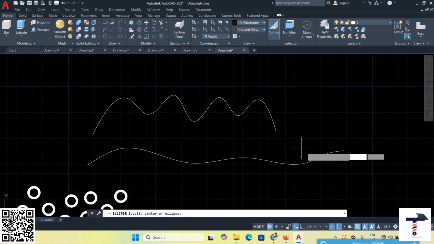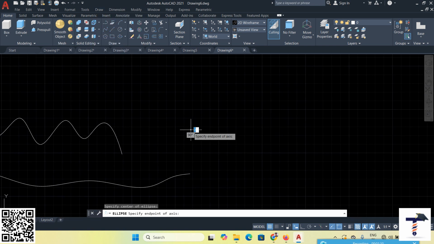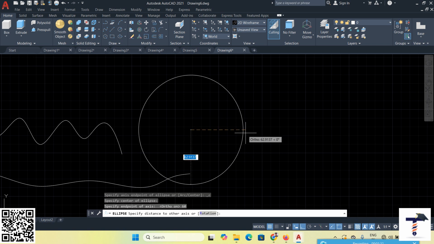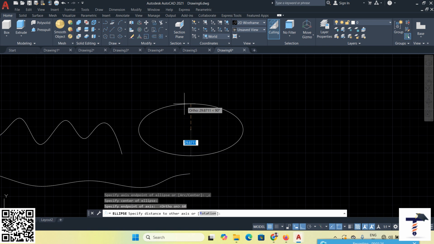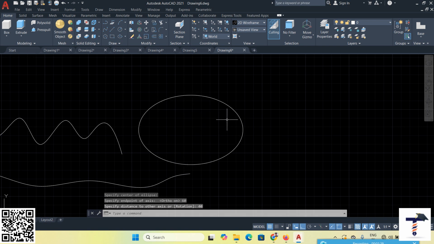ellipse center. Suppose click anywhere, so that is the center point. Then the end point of the axis. Suppose ortho mode is on, then this one stays straight. Give it here 60, and here suppose 40. So now it looks like this. Okay,